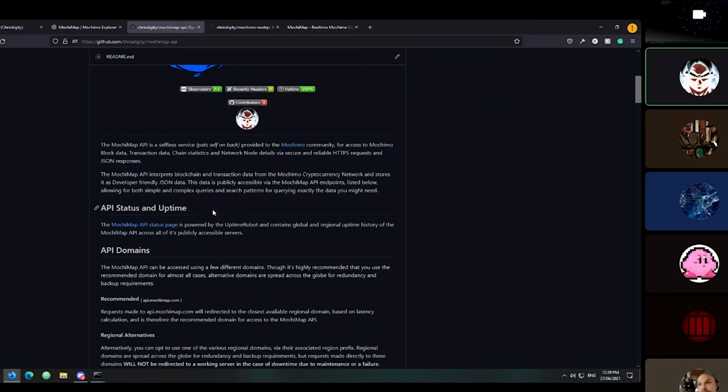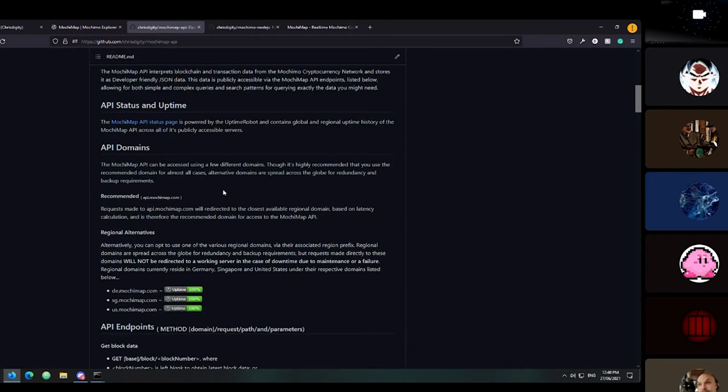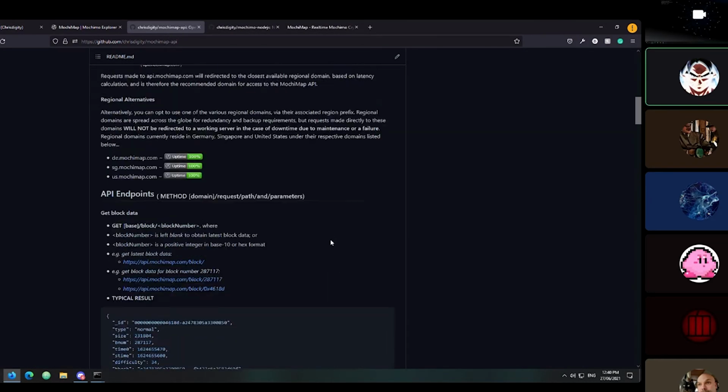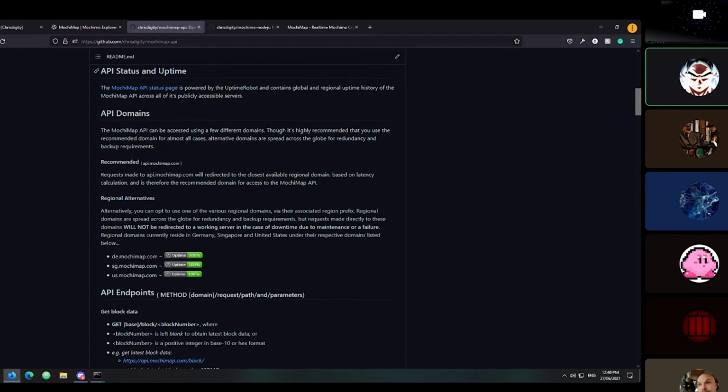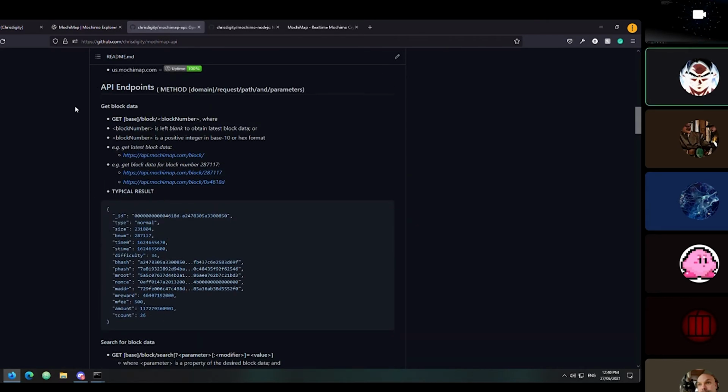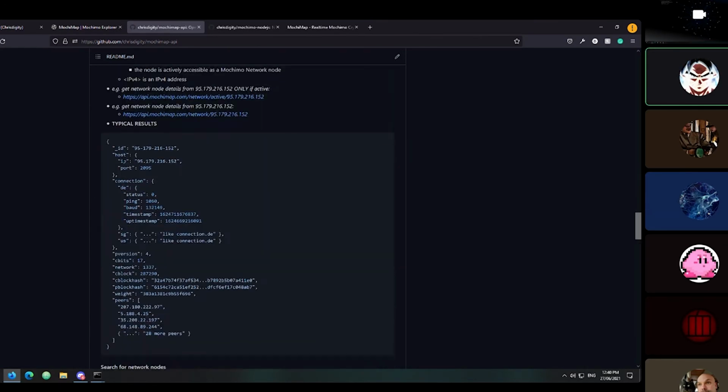Perhaps they want to check transactions without actually going to a website. You can definitely go here. A lot of stuff's detailed here. But for example, if you wanted to check a transaction,